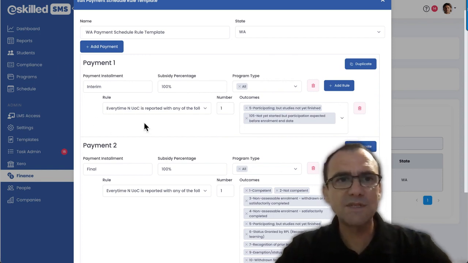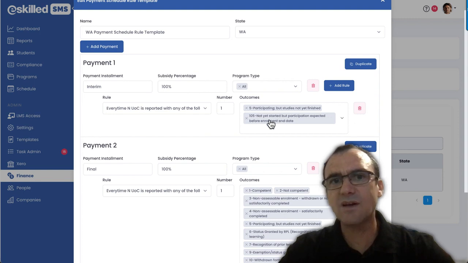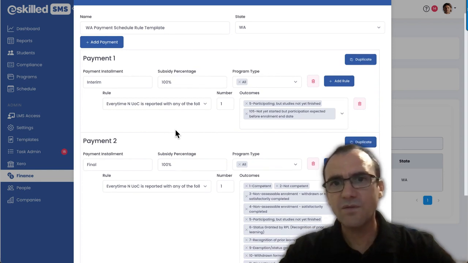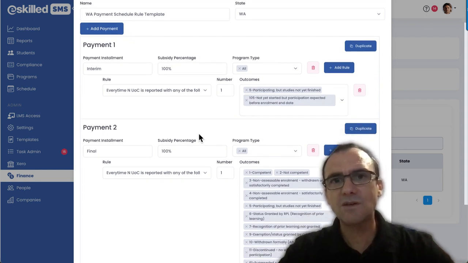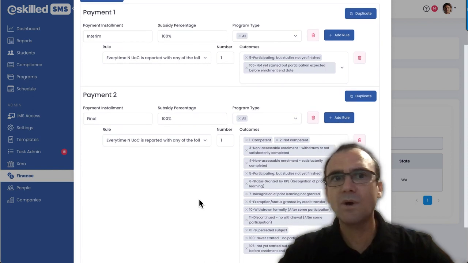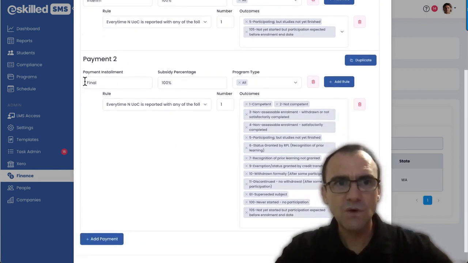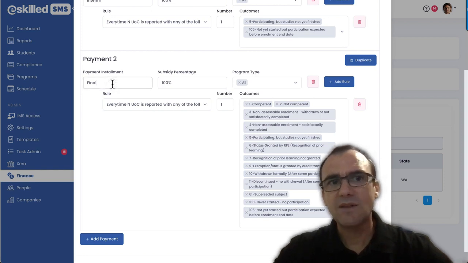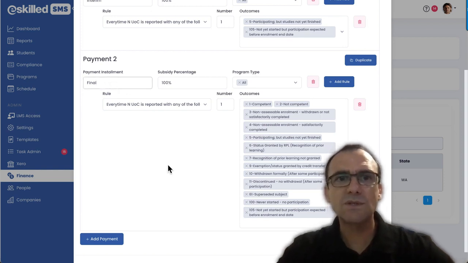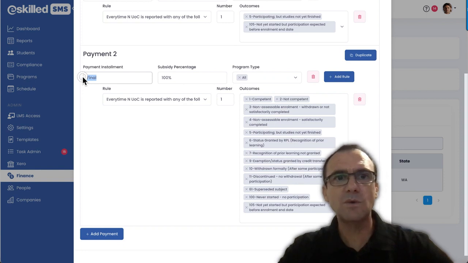So what happens is, as soon as the student's unit is changed to one of these outcomes, the system is going to generate a claim for payment at 70% of the total amount that is owing for a particular unit of competency. Now, for payment 2, we are going to set the final payment rules. So the final installment is going to be, again, 100%. It's going to be on